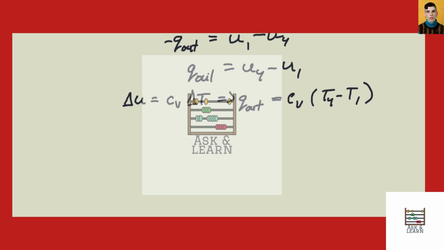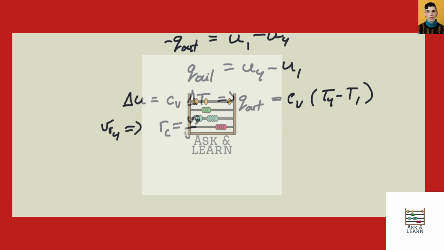And now what we have to do is find T4 because we have T1. To find T4, we're going to use table A17E to find the relative specific volume at 4. But in order to do that, we need to first use some relations we're given. So if we have a cutoff ratio, which is equal to